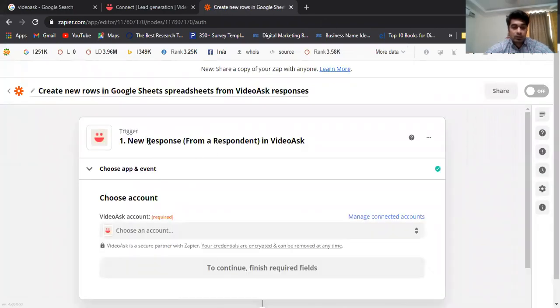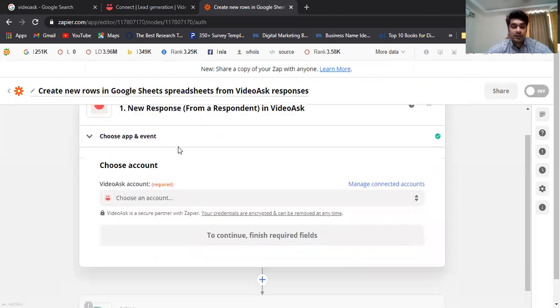I want to trigger when I run this app, and I have added a trigger whenever there is a new response from a respondent in a video ask. So whenever a new visitor enters his name or email ID, this Zap will be triggered and it will automatically save new entries in the Google Sheet.